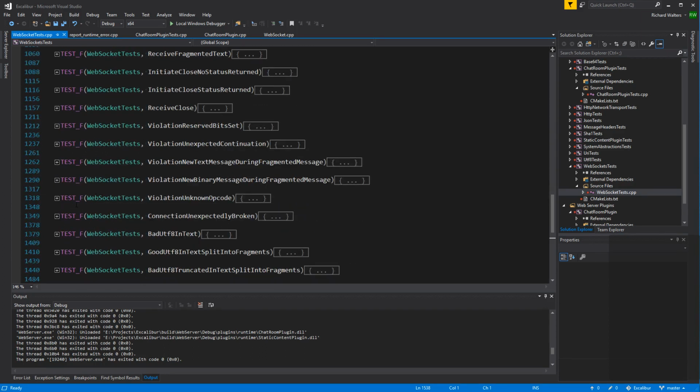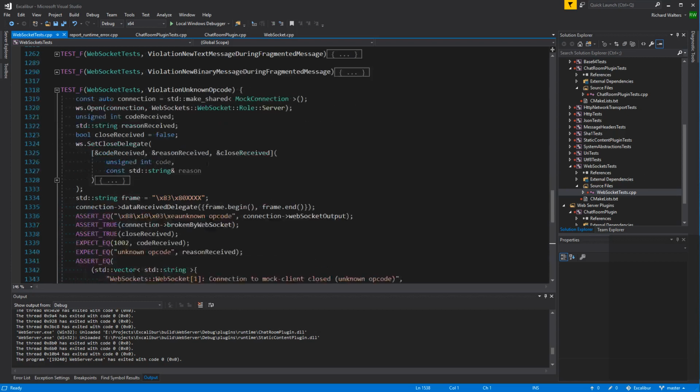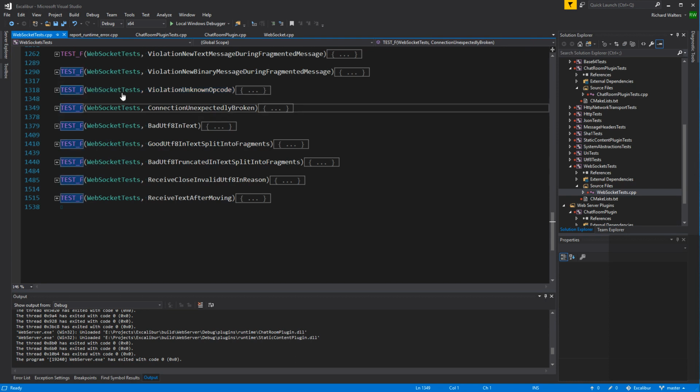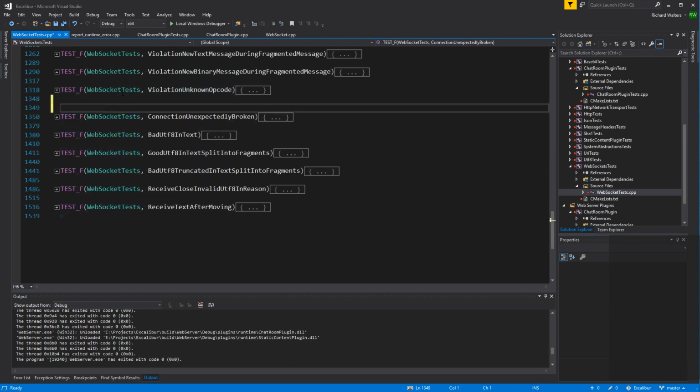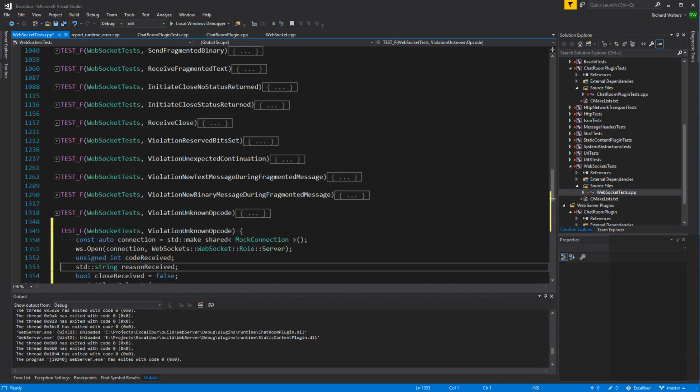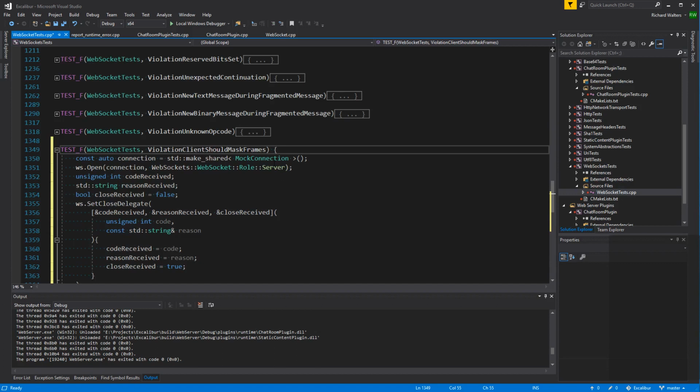Actually, what I kind of want is one of these violation ones. Okay, so let's copy one of these violation tests. Violation client should mask frames. So we'll be a server.